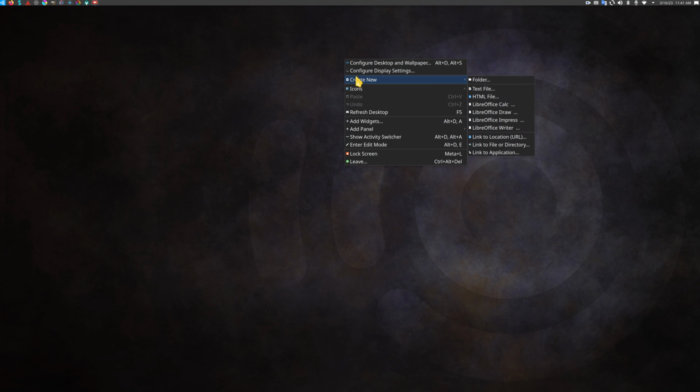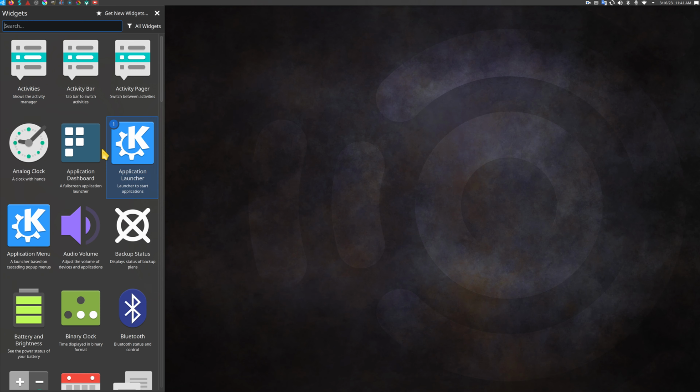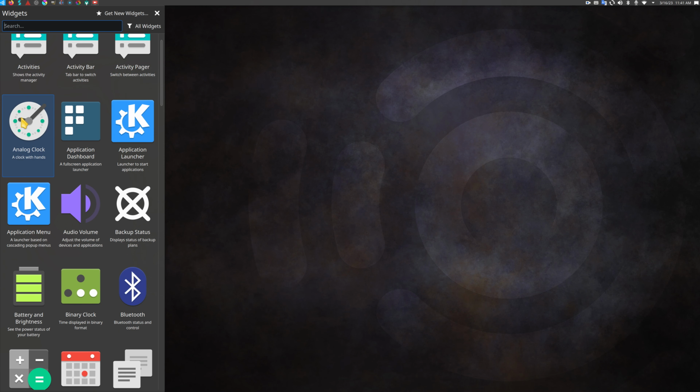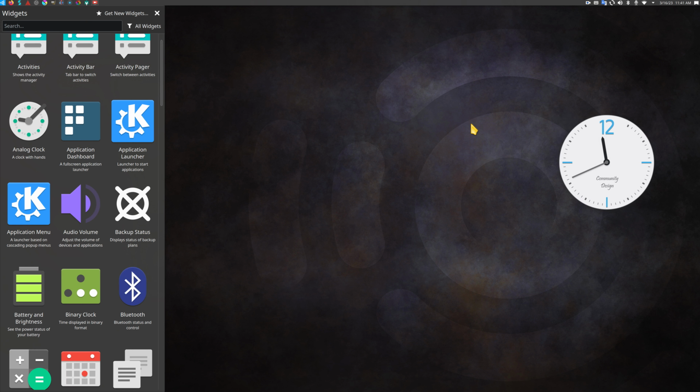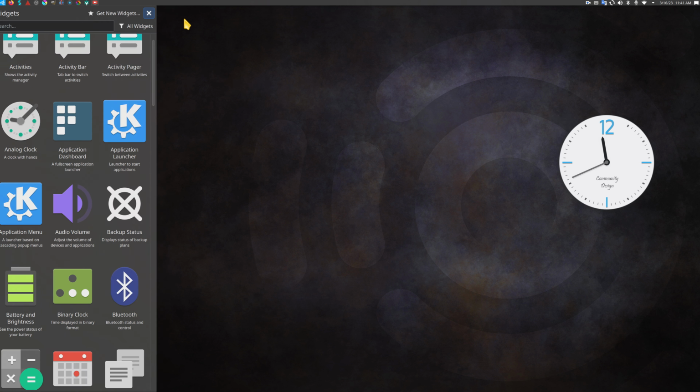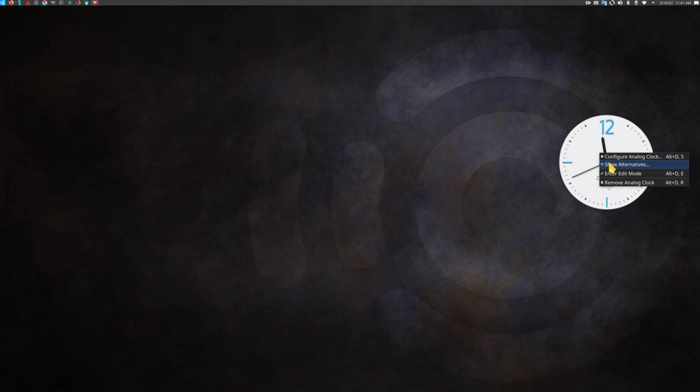Create new something, lot of somethings. You can even create simulated web icons. I've shown that in the past. It's like URL, Universal Resource Locator. They're pretty simple to actually create. And widgets, lots of little toys. So if I wanted that analog clock, I'll drag it onto the desktop and right click and edit mode,